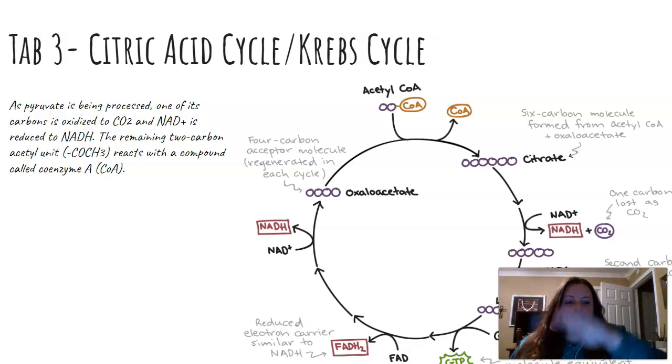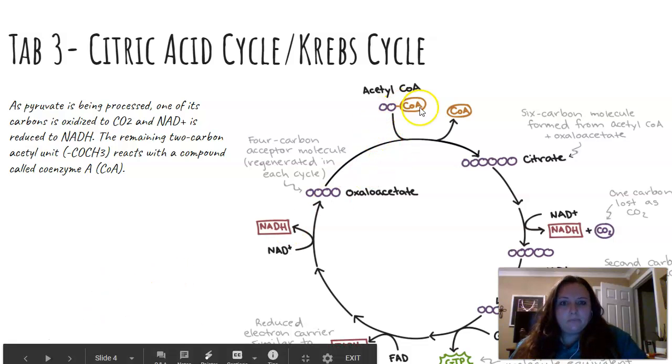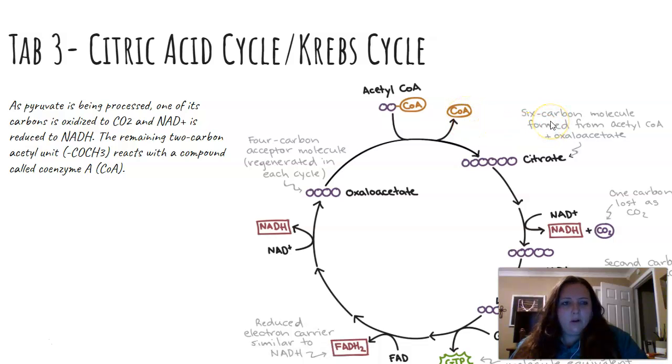And so this whole process is like the machine that's going to help you end up producing some more molecules for energy. So for your notes, as pyruvate is being processed, one of its carbons is oxidized to CO2, and NAD plus is reduced to NADH. The remaining 2 carbon acetyl units, so that is COCH3, reacts with a compound called coenzyme A. We also call that CoA. So we can see here in this image, you have acetyl-CoA, and then it drops two of those, okay? And then there's a 6-carbon molecule formed from acetyl-CoA and